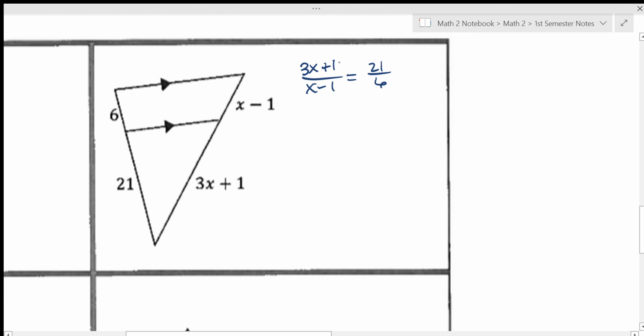So then we're going to cross multiply, and we're going to get 21 times x minus 1 equals 6 times 3x plus 1. Then I distribute for each of those, and I get 21x minus 21